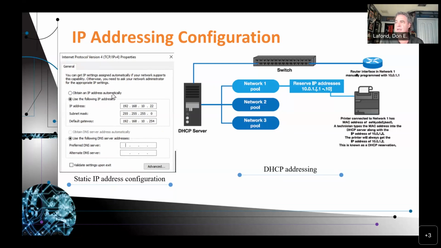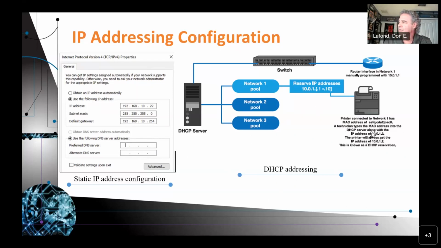Now, the reason why we use a DHCP server is because the last thing you want to do is, say, go into a classroom like my physical classroom where there's 24 computers for the students and have to go through each computer manually at the device setting IP addresses. Not only is it time consuming, but there's a high chance you're going to make errors, which are then extremely difficult to troubleshoot later. You pretty much always want to use DHCP unless you're setting up a reserved IP address,